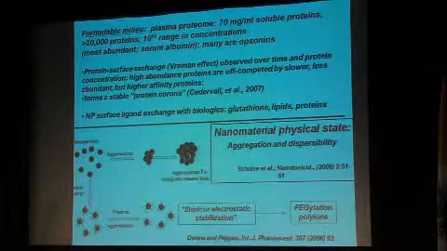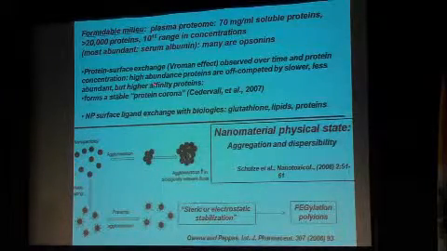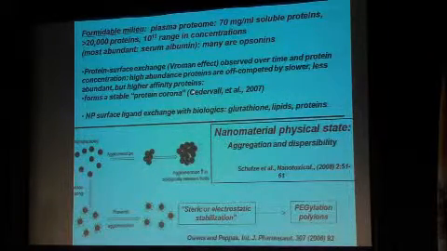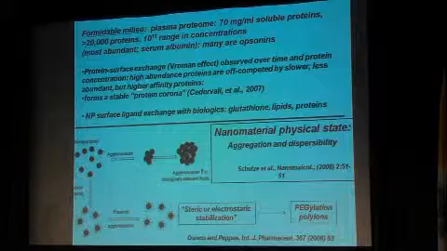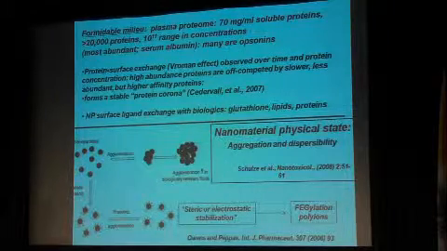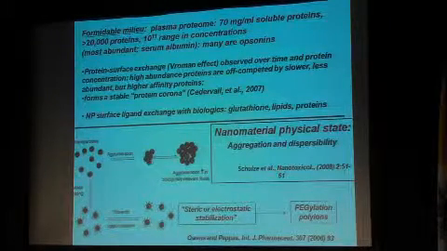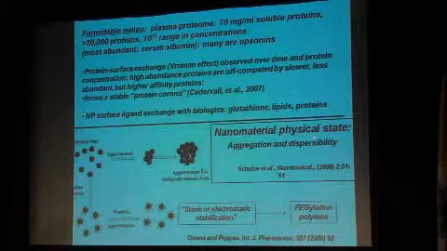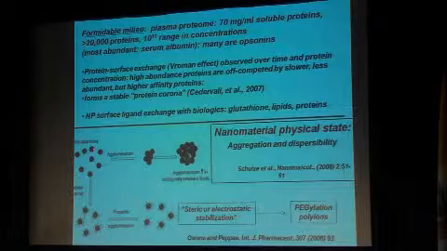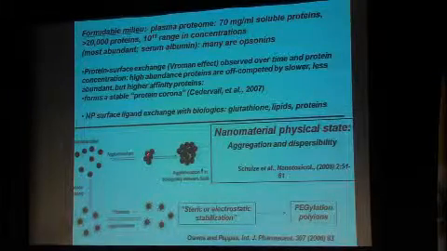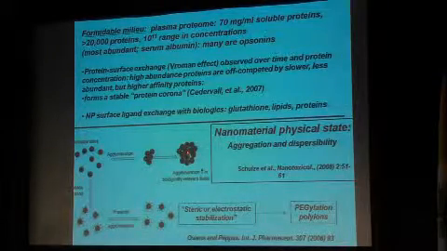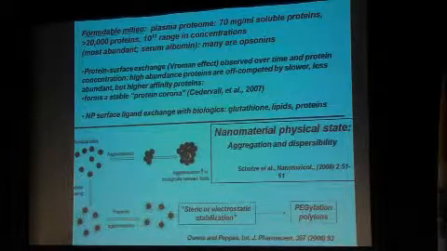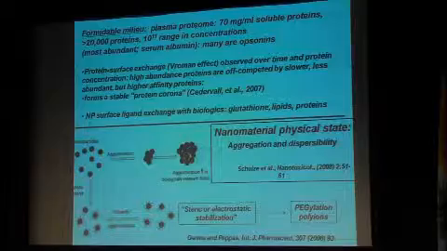And we have then a lot of different models for how proteins bind to nanoparticles. This protein corona method and how to interrogate it on nanoparticles is just coming to vogue on how to understand how proteins interact with nanoparticles. But we definitely have then a physical state in which aggregation and the dispersibility of particles and how individual nanoparticles agglomerate and aggregate in physiological milieu affects how they are recognized by human tissues and human organs.